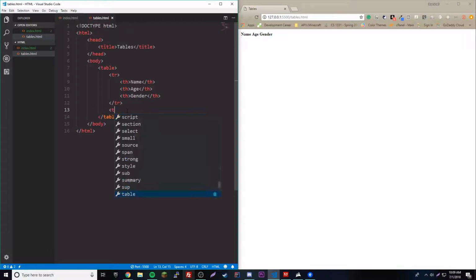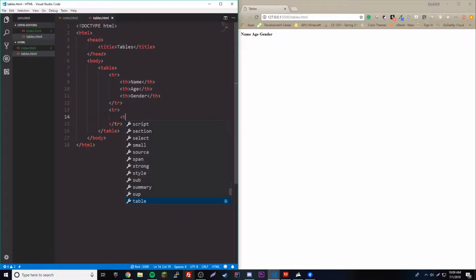So we'll have another row, so TR, table row. And then this will be just regular data, so it's not going to be a table header, so we don't need to use TH, we would use TD. That's for regular data, so TD. So we're going to have a name, right? This will be our second row, first column, okay? So first column, second row. It matches up with name, so we'll have our name here. We'll make up a name, we'll do Johnny